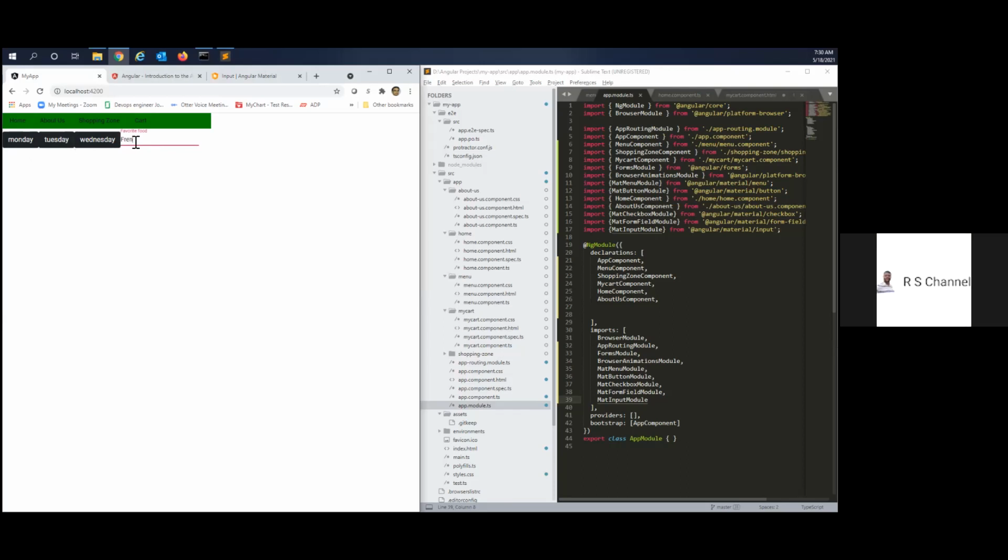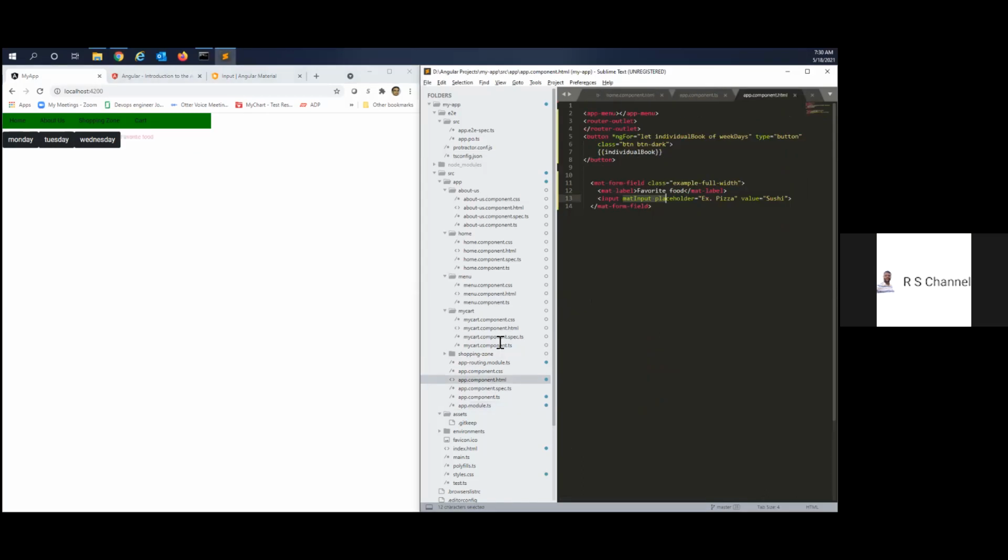The style has changed. So this is for first number. You give the label as first number. It is showing favorite food. Without that input, it's showing button, Rajesh. Sushi will come under the button